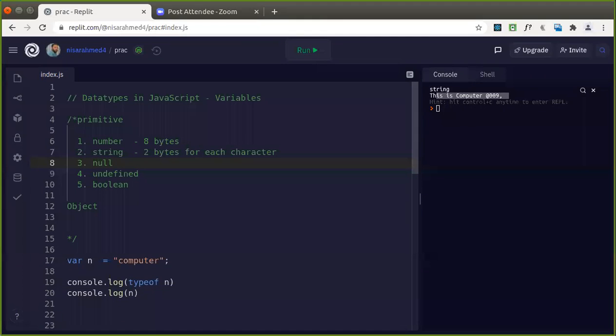Okay, fine. So you can see the type of n. Guys, there's no keyword that I have indicated to declare that it is a string. So on the right hand side, what is the value that we have assigned? Here it is a string. So automatically it has taken the data type as string. Good.